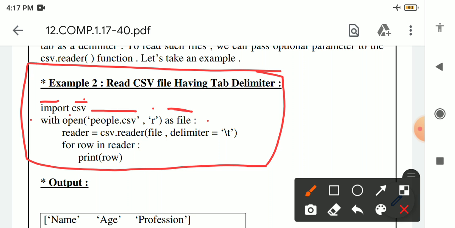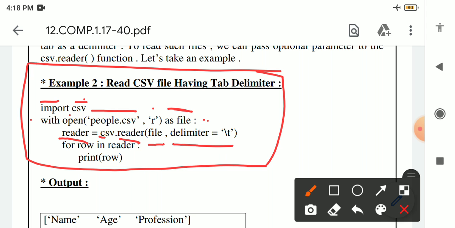In the next line we have created one variable, the name of the variable is reader. After that the assignment operator, then csv is the name of the module, and reader is the name of the function. Inside this parenthesis we will write file, the file object, after that comma, then delimiter assignment \t. This is an optional parameter. We can say delimiter is an optional parameter.